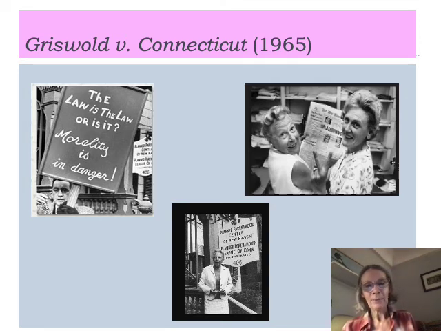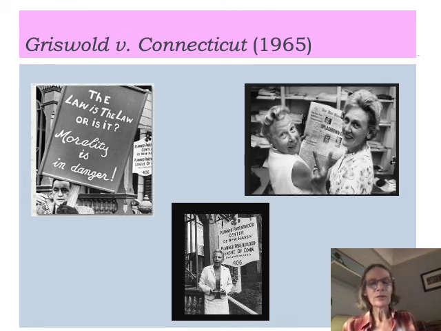Because you can't have a case come to the Supreme Court unless somebody challenges that law and actually gets in trouble for challenging that law. And so they open the clinic. They are soon arrested and then convicted of violating the state law. I mean, they weren't put in prison or anything like that, but they were convicted of violating the law. And that's what they needed in order to challenge this law in court. The higher courts affirmed their convictions, and then they finally made a petition to the Supreme Court of the United States in order to hear the case, and the Supreme Court agreed to hear the case in Griswold versus Connecticut.